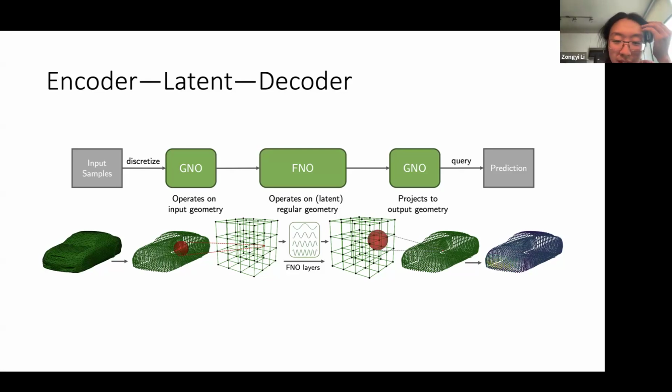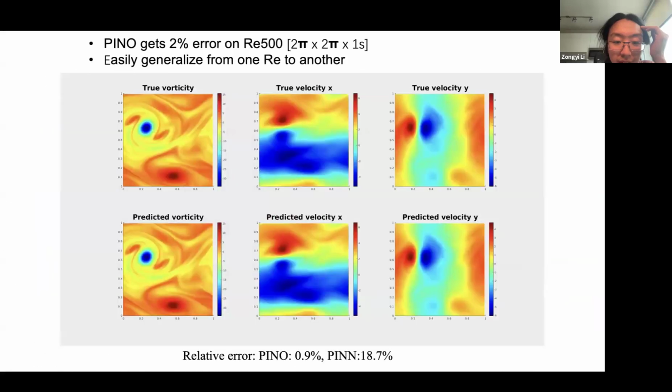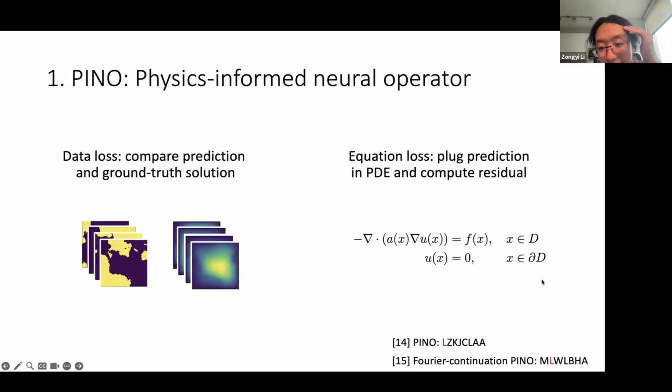I see. So for physics-informed, here we just consider the equation. I guess some of my colleagues are trying to inject some constraints, for example, an energy constraint or a divergence-free constraint. But I guess they depend on exact derivatives. If we use the Fourier derivative, it's still tricky to do that for non-periodic boundaries. For data-driven cases, non-periodic boundaries are fine, but for physics-informed, it causes stability issues when you compute the derivative, right?